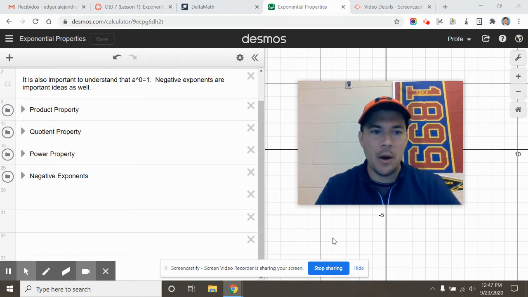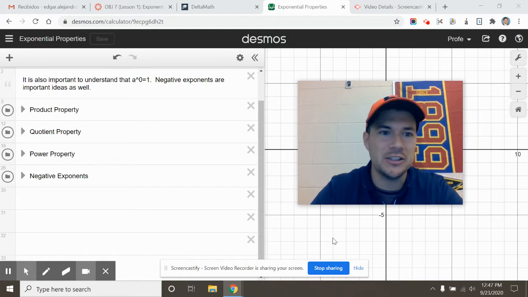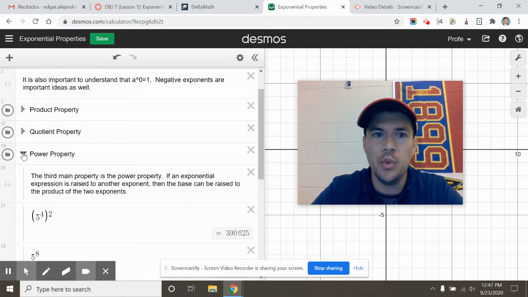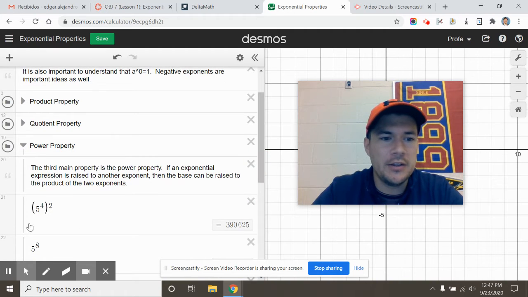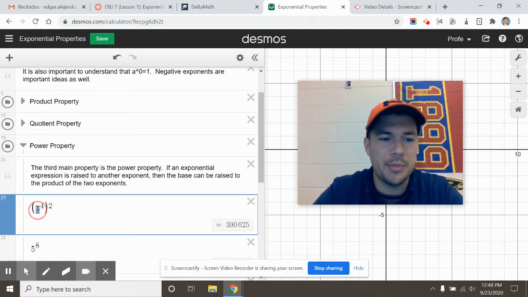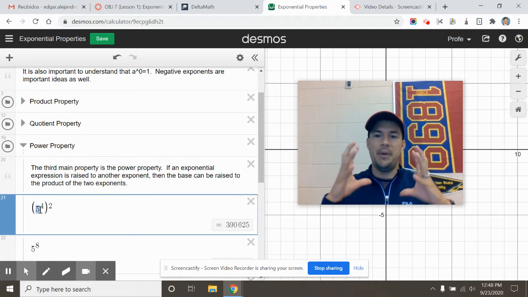Now let's talk about the power property and negative exponents. So the power property, I believe, is one of the most simple properties. With just some examples, you have to be a little more careful. All right, but basically it is this: if I take an exponential expression, which means a base and an exponent,